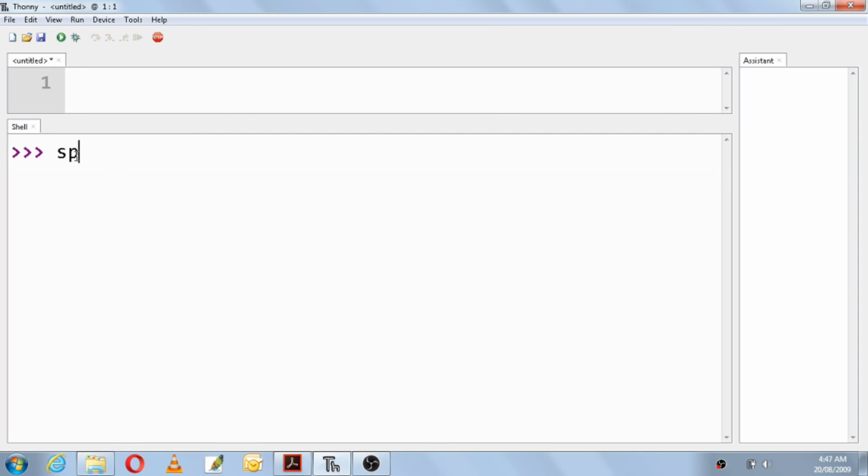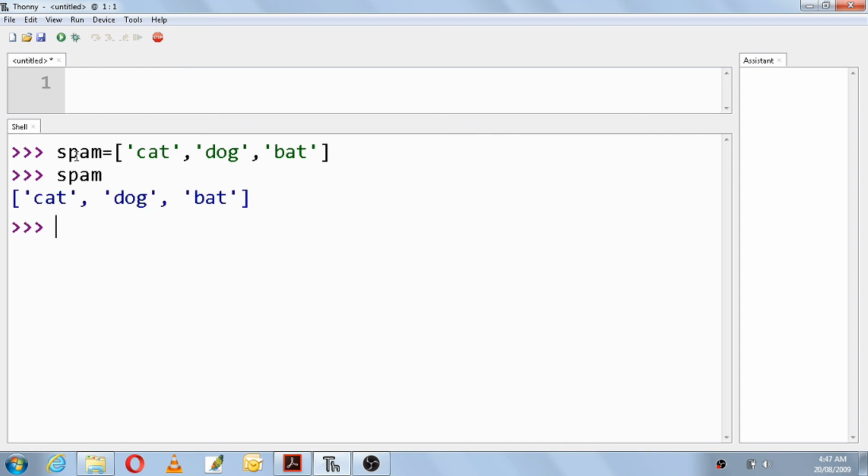Okay, spam equals cat, dog, and I'll use bat. If you want, you can see the values by printing spam. Then we'll use the del statement: del spam of 0.